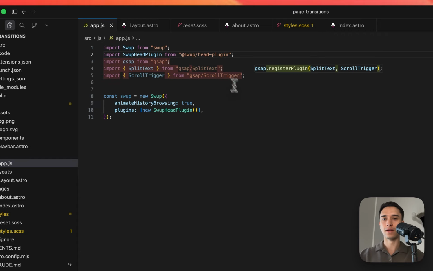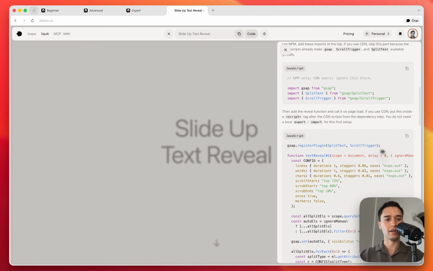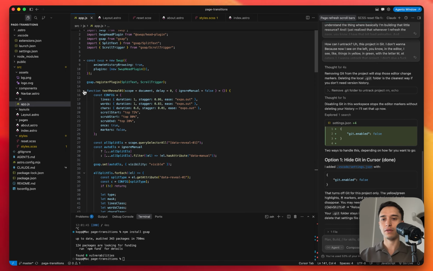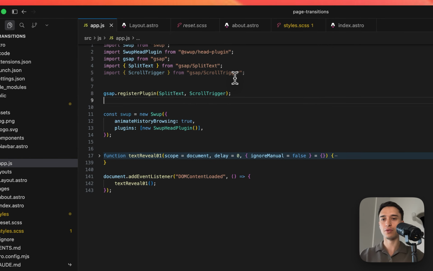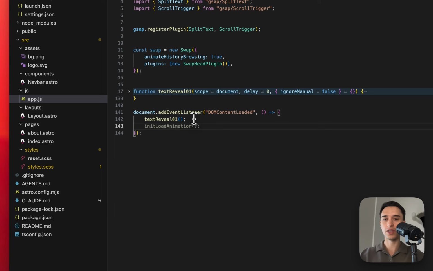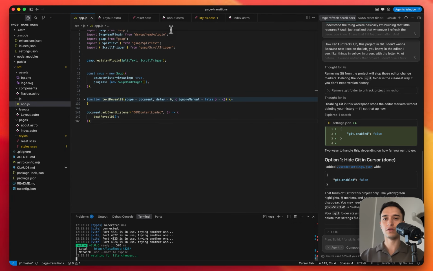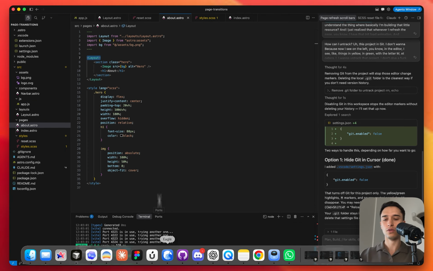Okay, let's make it clean and tight. And then we just import the text reveal function. I like to have my GSAP register plugin at the very top. We have the function right there, and then we just have to call that function, which is already called actually, like that. So now if we run the dev server, nothing's going to happen because we first have to also,